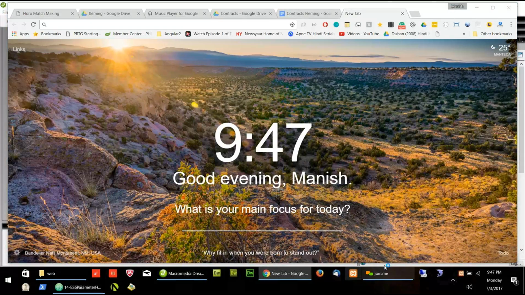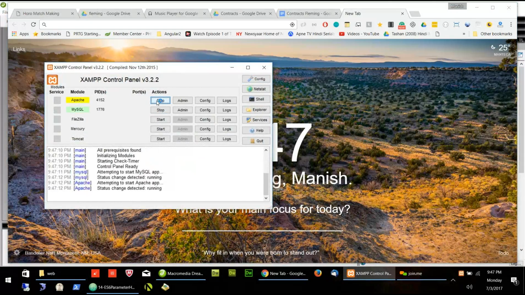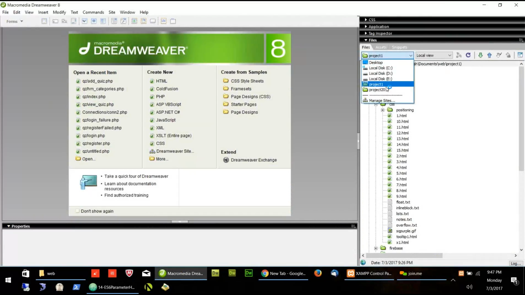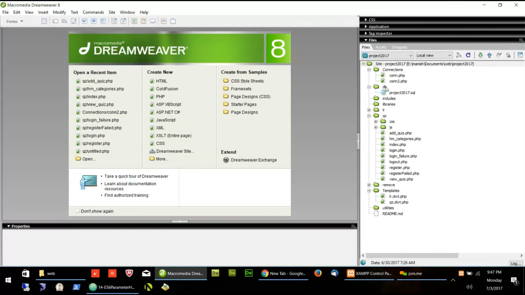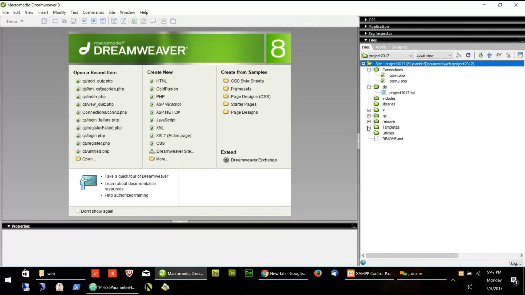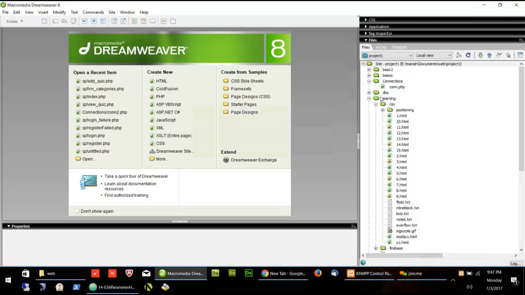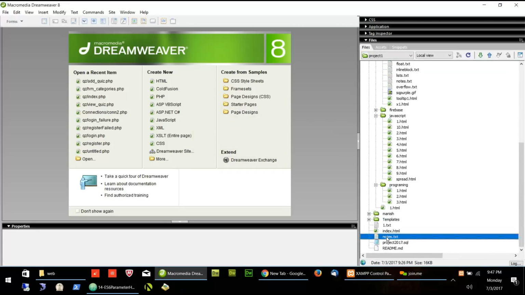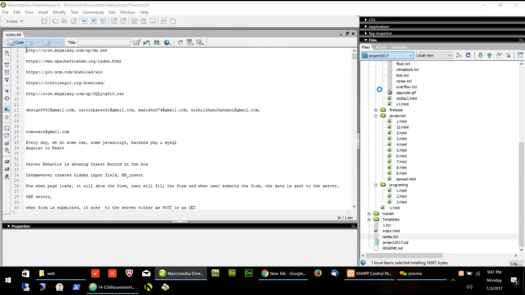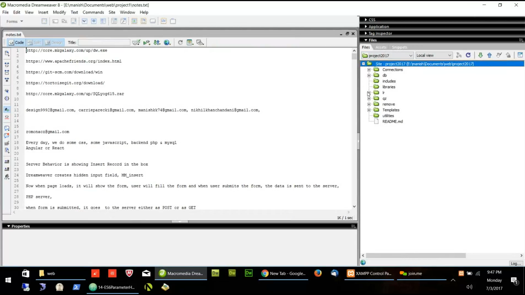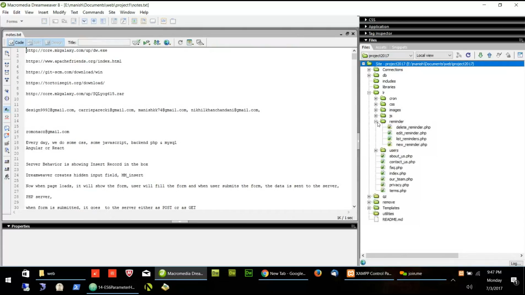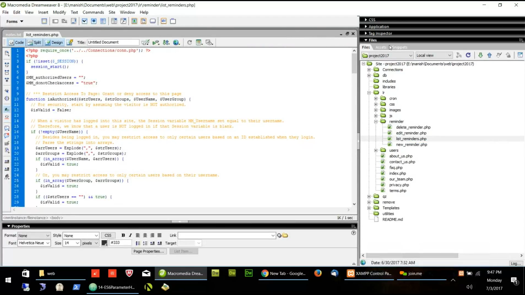Let's do our project. So before starting the cron or anything, I want to do some major changes into our project, because I will tell you why I'm doing those major changes in the project. So let me open the notes and then I'll go to the project. We have seen, let's go to one of the pages, that is list reminder. In the list reminder,